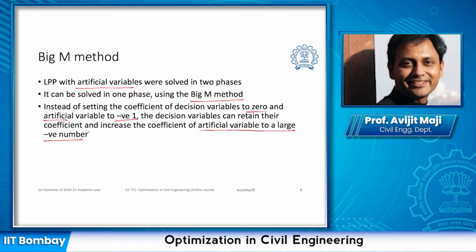This large negative number, we assume it to be so large that whatever the coefficient, each of the other variables has no effect or almost negligible effect on the objective function value. So with that understanding, let us see how we can introduce the Big M method in the simplex solution process